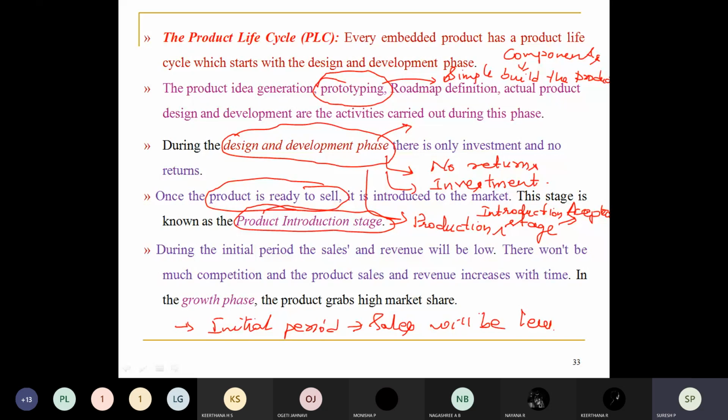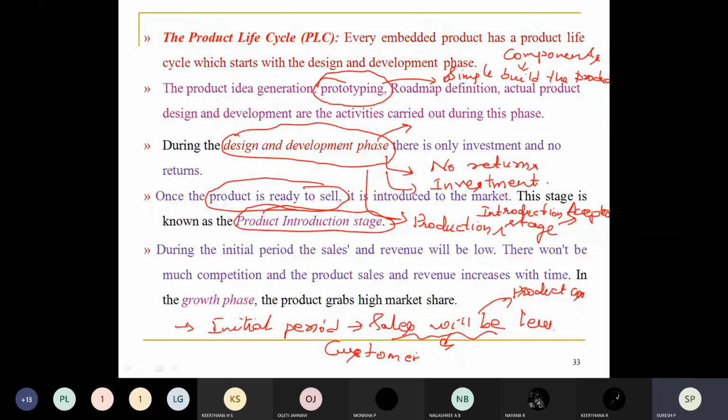Now, once the customer is satisfied, because when I'm building the product, who is the buyer? Finally, the customer is the buyer. So first I have to satisfy the customer, right? Whenever I develop a product, it has to satisfy the customer's need. If that product is not satisfying the customer's need, then it is going to fail in the market. It is not going to generate revenue in the market. So that particular period where it is going to generate the revenue